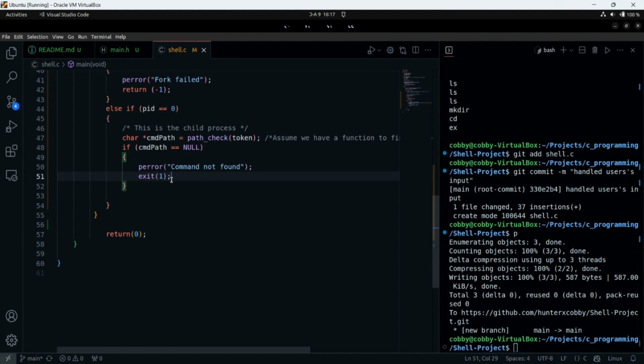Right. So we can say that code one means we exited with an error, because the command was not found. So I want to say we are using exit. Please, if in your implementations you are not able to find the command, you would want to exit with one for now. If there is any other way we can exit, we will talk about it.